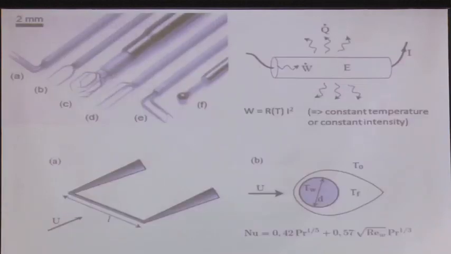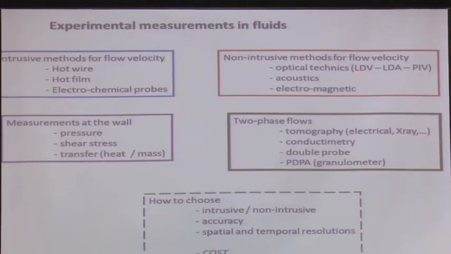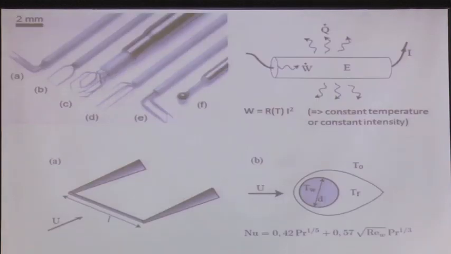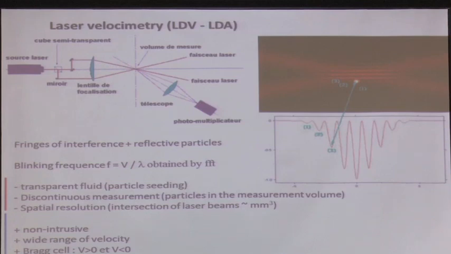Okay, so now I'm moving to another technique, which is PIV. It's also a technique based on optical measurements. With LDV, you have a measurement in one point where the two laser beams are intersecting. So you have a measure in one point in time, but you know that the flow is evolving everywhere, and you would like to have access to the flow field everywhere in the device. One slice, okay? So one snapshot of the flow field in a plane, horizontal plane or vertical plane. So this is the idea of PIV.